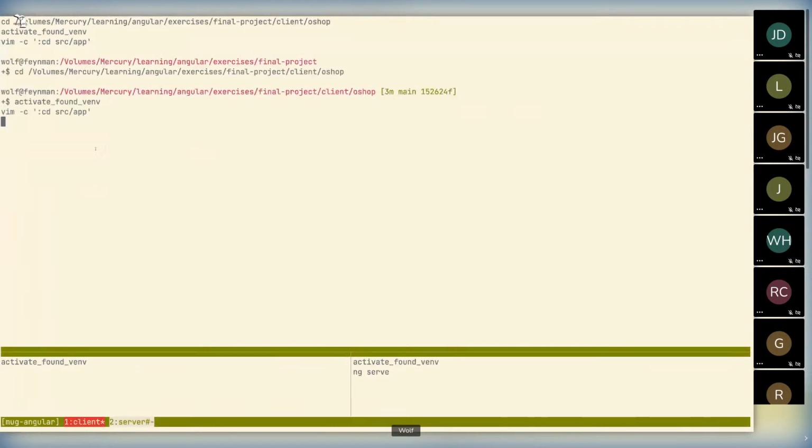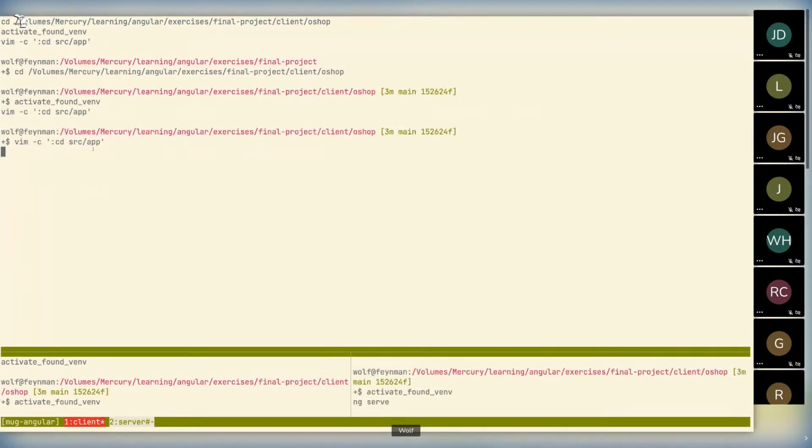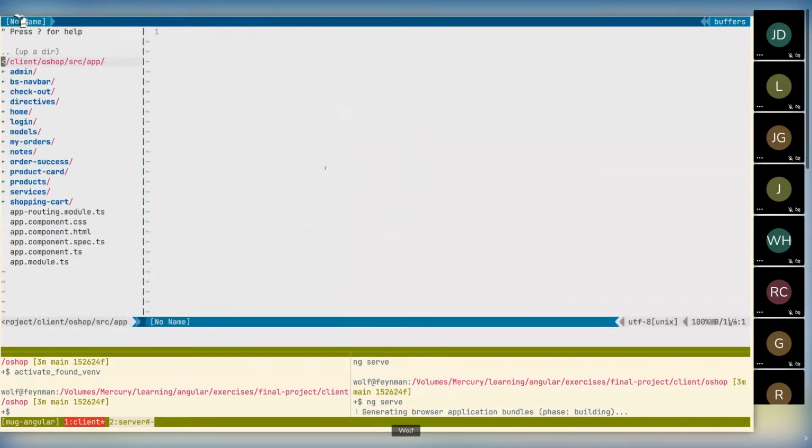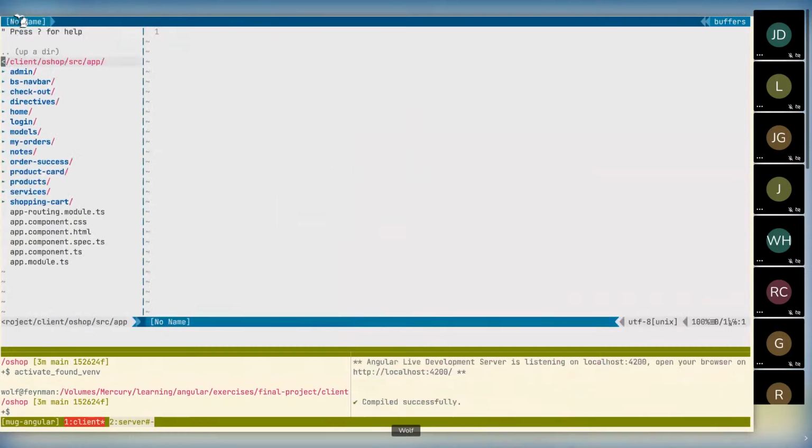So what I have here is two windows. One's called client and one's called server. In my client window, I've got three panes. One is a Vim pane that is looking at my client source, which is a JavaScript style